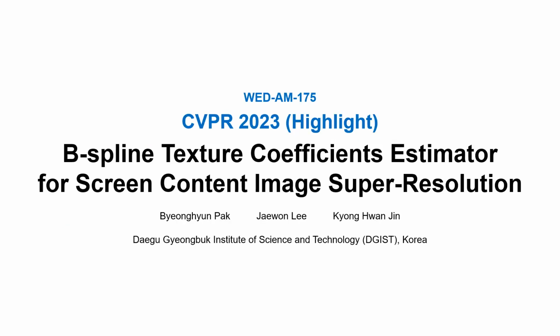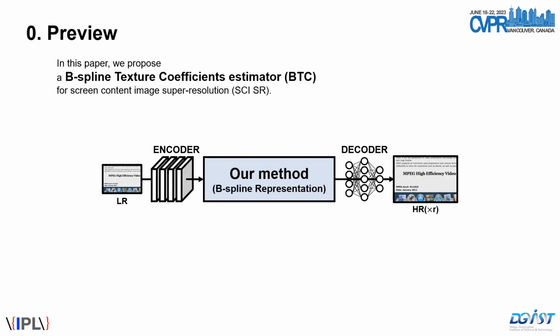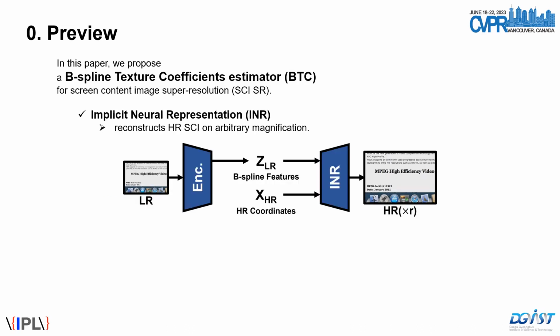training stage. In this video, we will introduce our work, B-spline texture coefficients estimator for screen content image super resolution. Let's start with a short preview. In this paper, we propose a B-spline texture coefficients estimator called BTC, which is a screen content image super resolution method. To reconstruct high-resolution image on arbitrary magnification, our BTC represents the high-resolution image on continuous manner with implicit